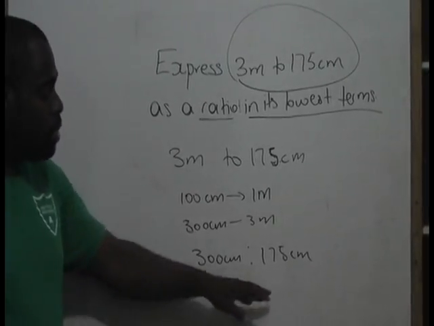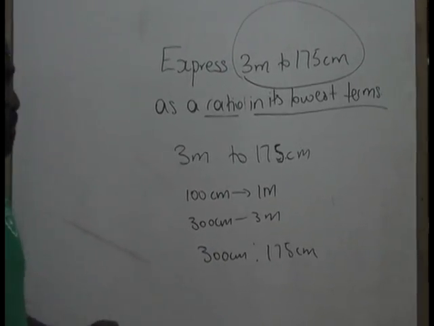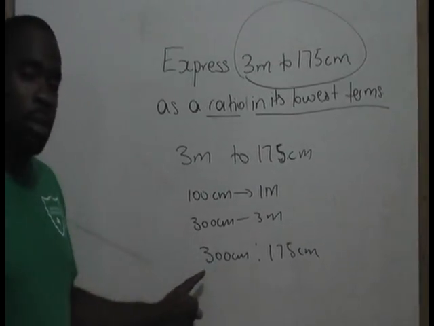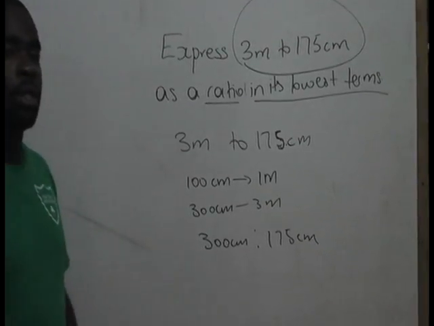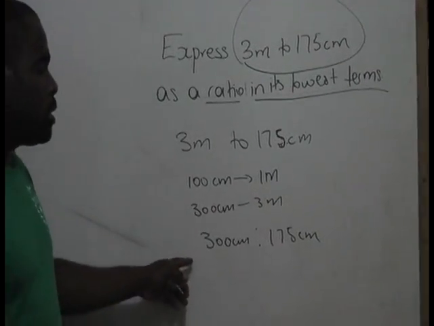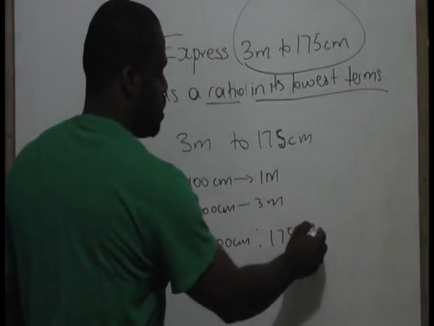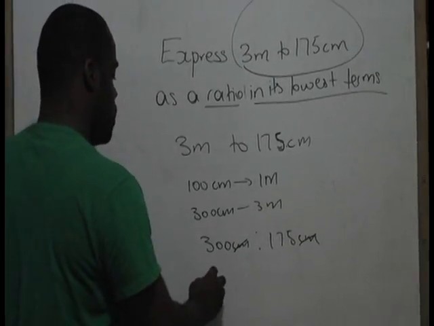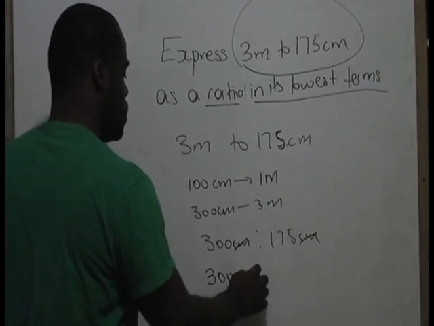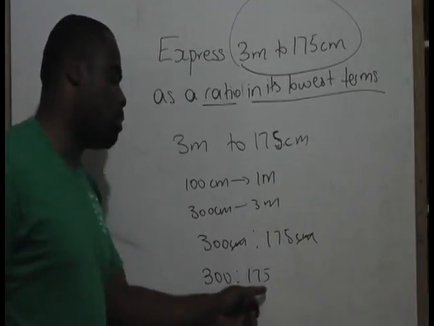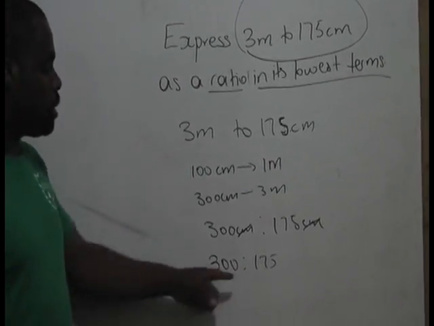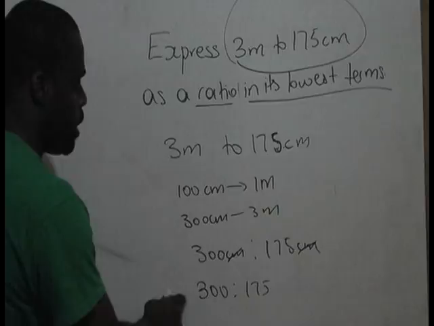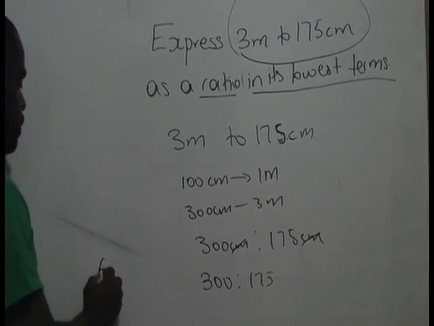Good. And then by finding the HCF, we use the highest common factor to divide both numbers so we can find its lowest term. So at this stage now we can cancel the units because we're not going to need the units, and then we can go all the way to 300 to 175. Now this becomes our ratio, but we need to express this ratio in its lowest term. So we can once again find the HCF,